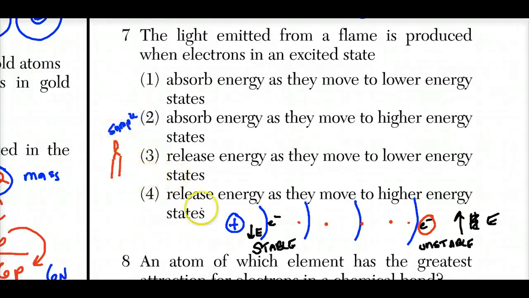Now you gave it energy. What happened was electrons from stable ground state positions were given energy from the flame, enough to get to a certain level. They were excited at this position,